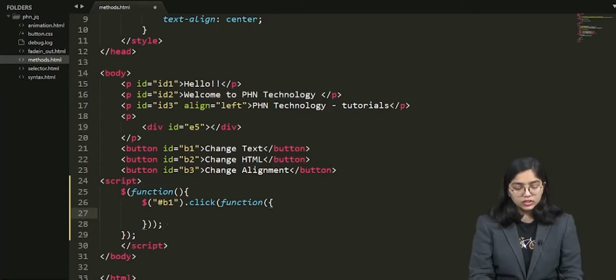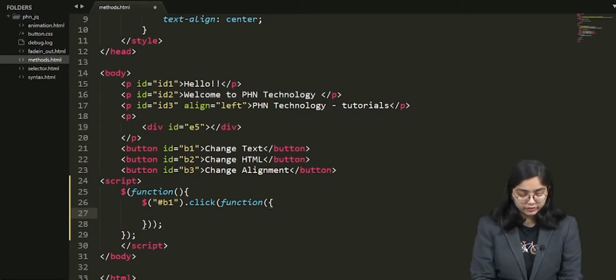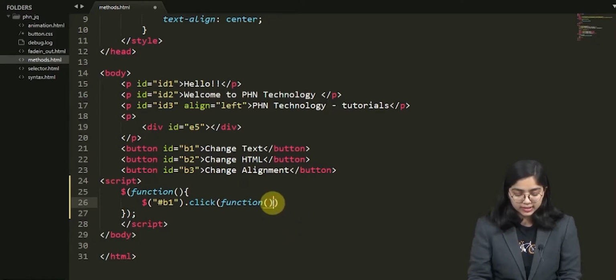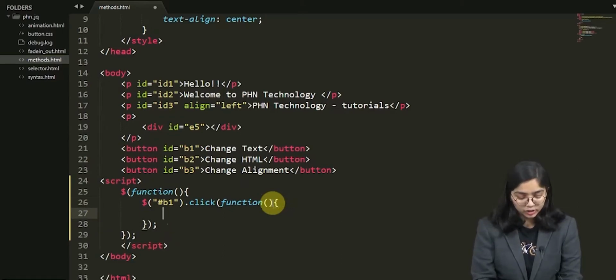So my function is going to have, first of all, the $. I've declared the function. Inside this will be my double quotes, and let's give a semicolon in the end. Now I'll give the $. I'm going to do this with ID. So I'm going to call my ID using the hash.